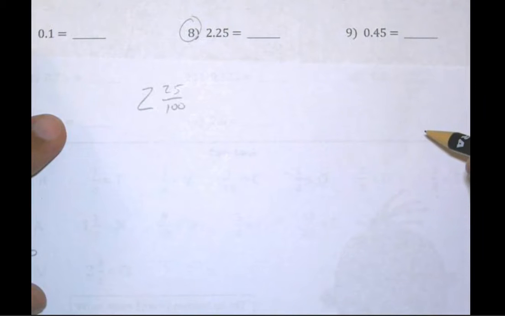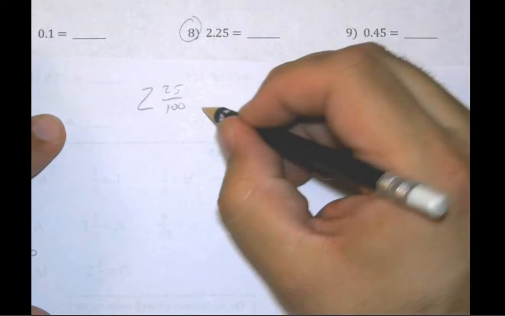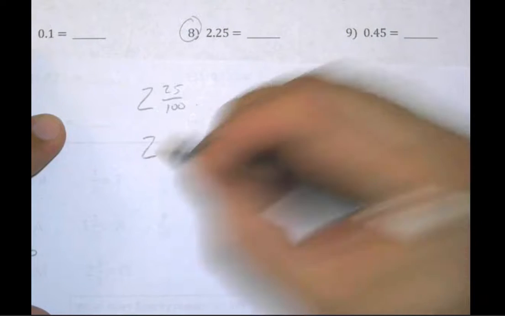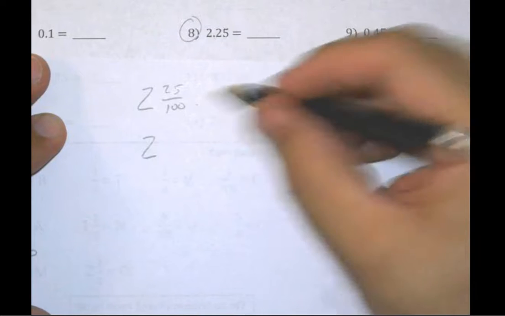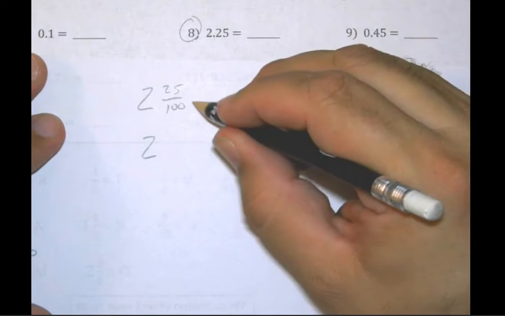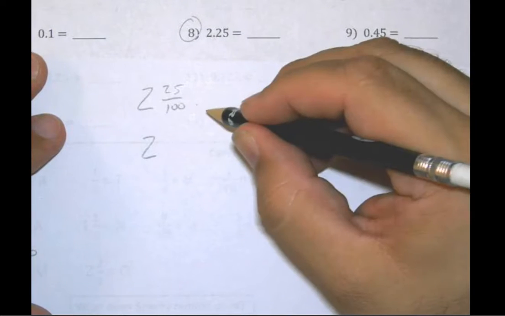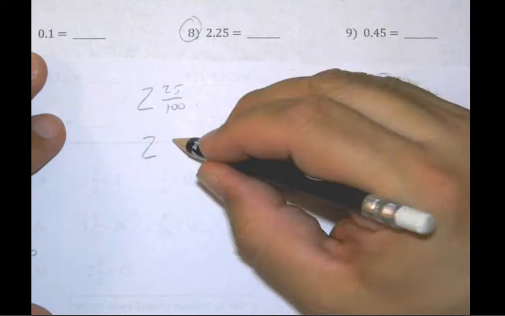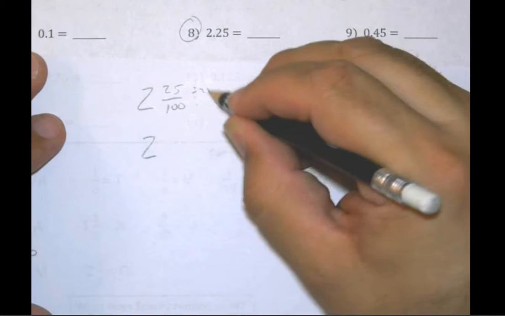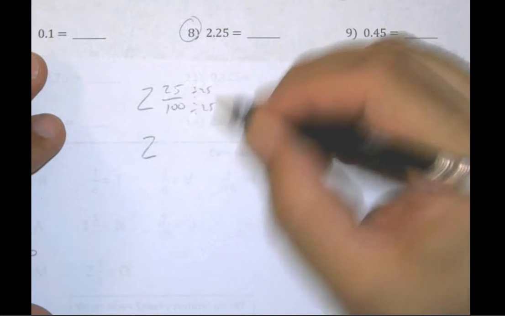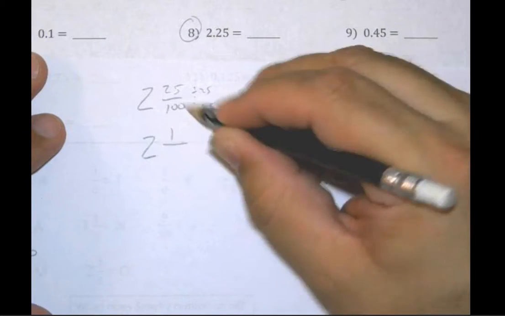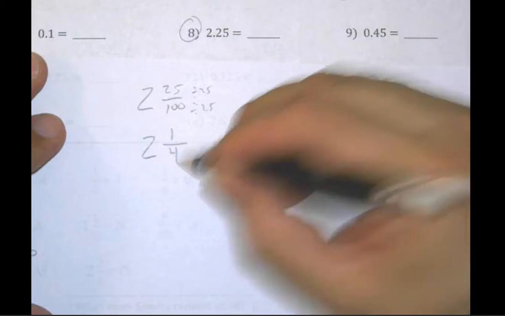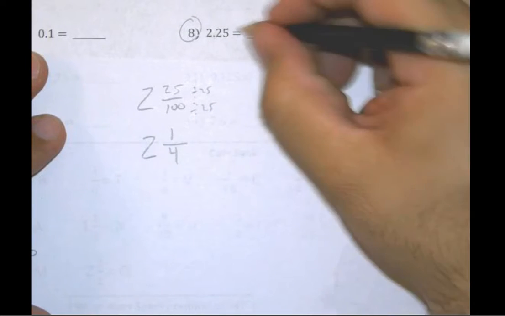And I recognize that I can simplify that. So I know 2 is going to stay the same, but my 25 hundredths I'm going to try and reduce. And so if I divide the top and bottom by 25, 25 divided by 25 is 1, 100 divided by 25 is 4,